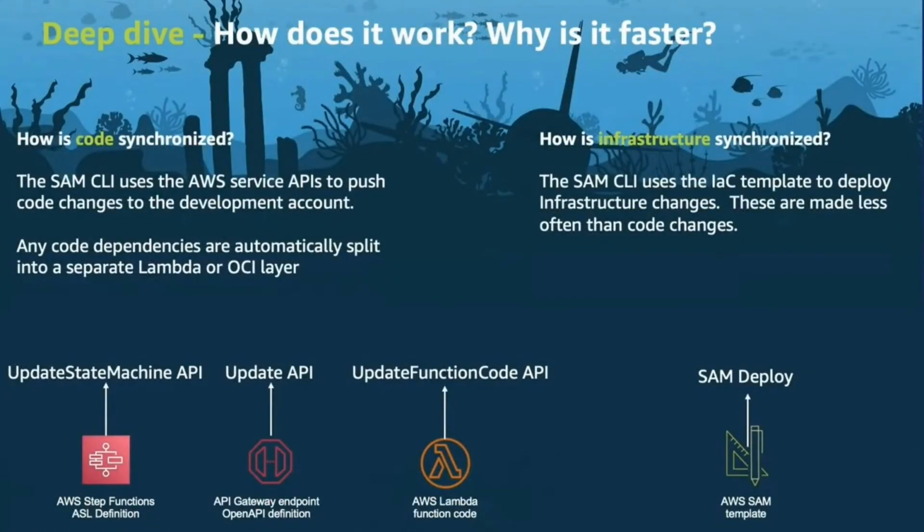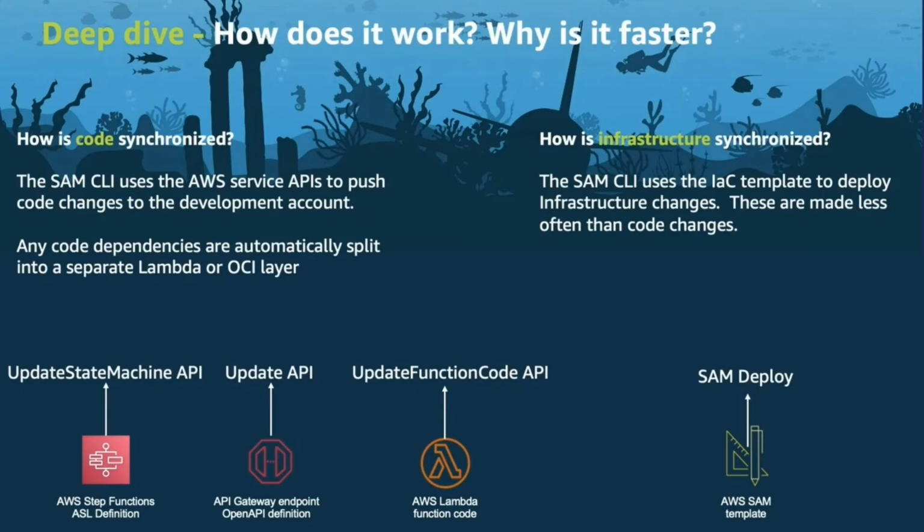So how does it work? Why is it faster? The simplest way to explain why it's faster is because the SAM CLI is now using the AWS service APIs to push code changes to the developer account. Whereas before, every change you made would be uploaded with a CloudFormation transformation routine that would then upload and update your entire infrastructure stack. Whereas now, the SAM CLI will distinguish between code changes and